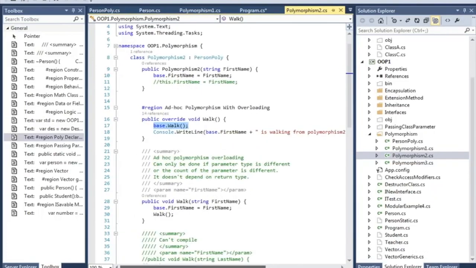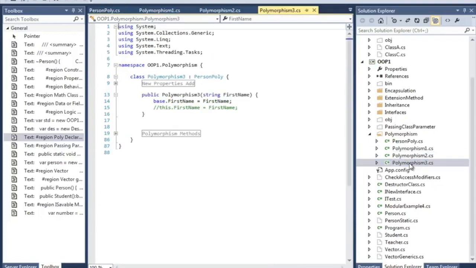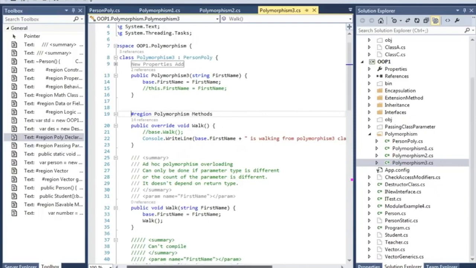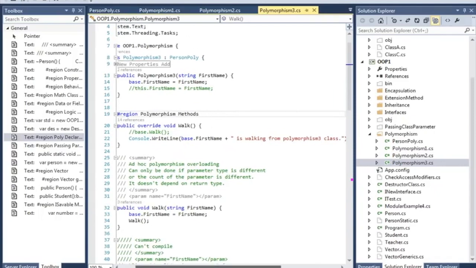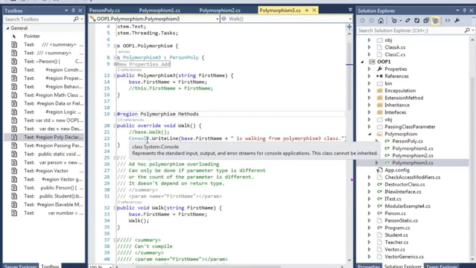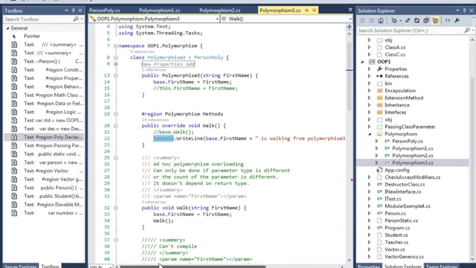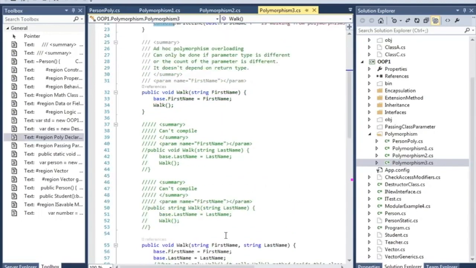That's it. And if you go to the polymorphism 3 example, you'll see that it only prints from polymorphism 3 class, but the different thing about this class is overriding.